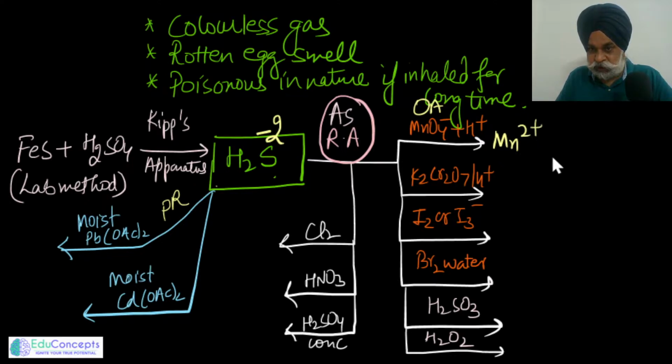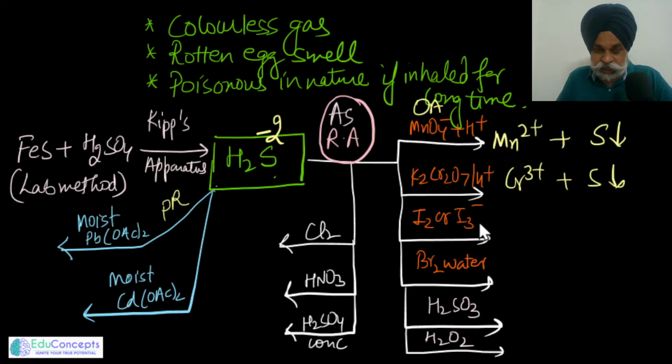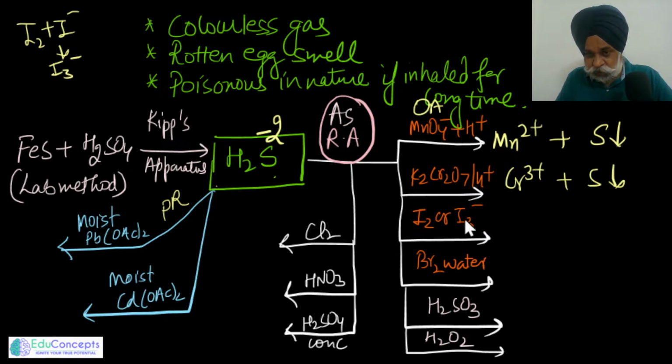just said about. And here the sulfide would change into sulfur, Cr3+, and sulfur. Iodine, not iodate, this is I2 plus I-, which becomes I3-, because this gets enhanced in the presence of KI. So this again changes to I-, this to Br-, this to, you can say,